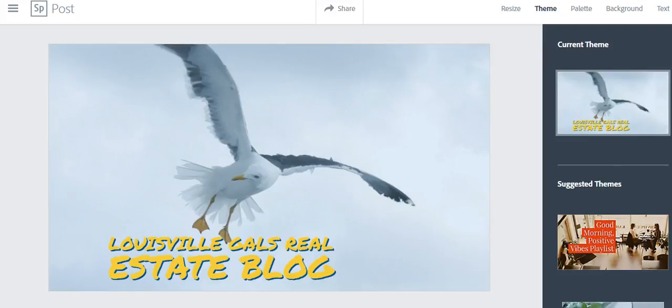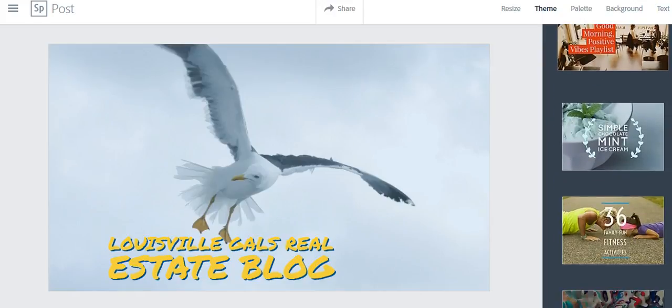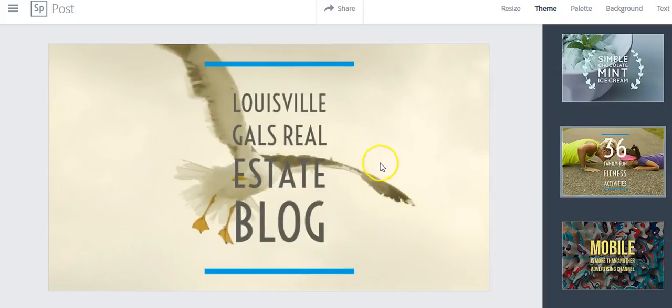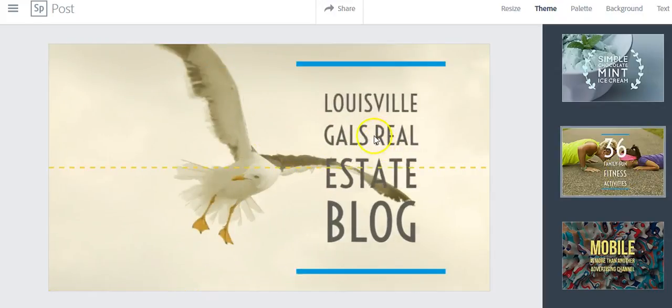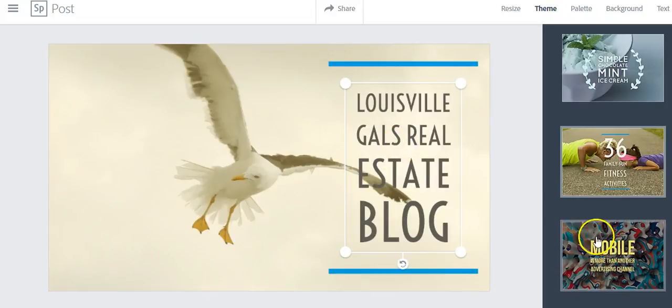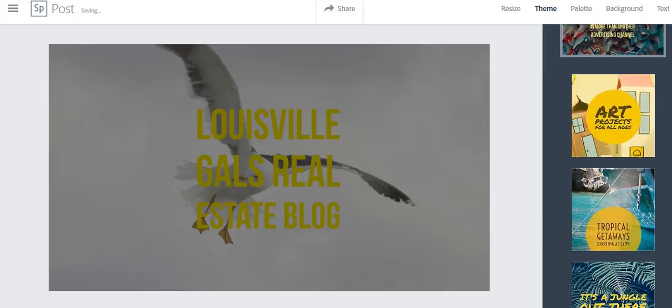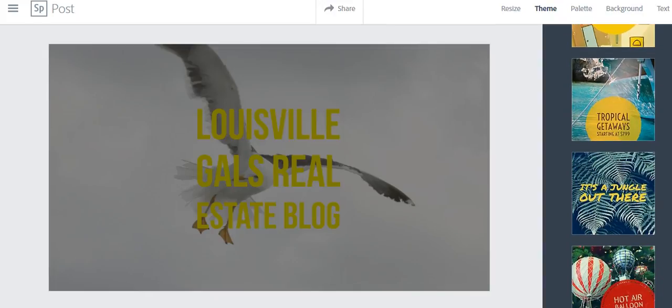I don't think I really want it. I want it to look more like a slick, or not quite like this. Well, if you wanted to use that one, you could drag it over here. You could do that. Don't like that one. Let's just keep going on down. That one is really big. I don't really like that one, although now you can change the colors on things. So let's just say